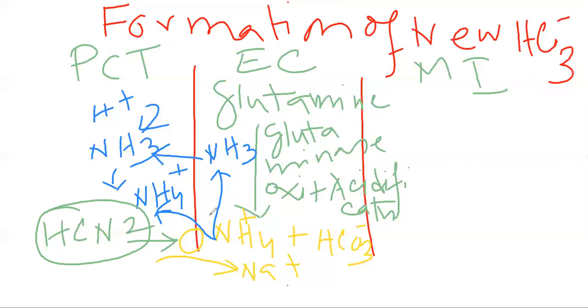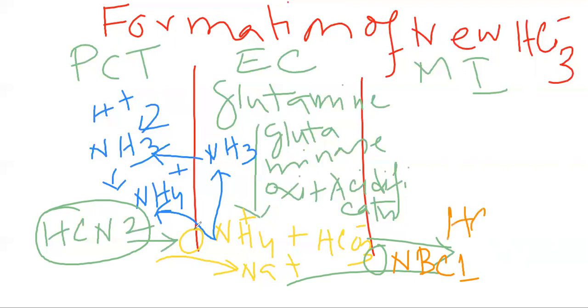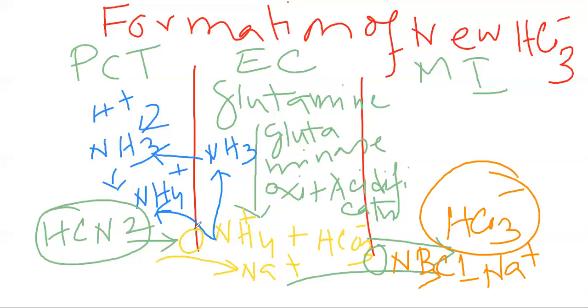Now this sodium ion and the bicarbonate eventually come into the circulation or the medullary interstitium by the action of sodium bicarbonate cotransporter 1. Via the secondary active transport mechanism, the symporter mechanism, this bicarbonate as well as sodium ion will be reabsorbed. So this is the process by which one ammonium ion is synthesized, and for it one bicarbonate we will get in our circulation.